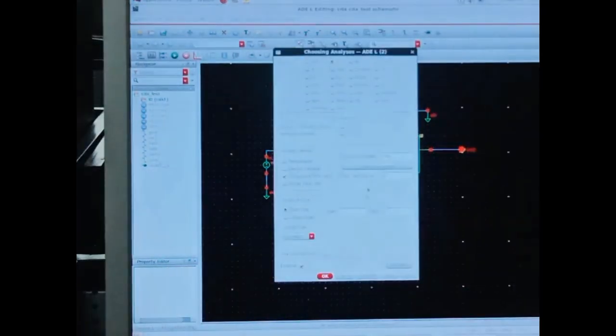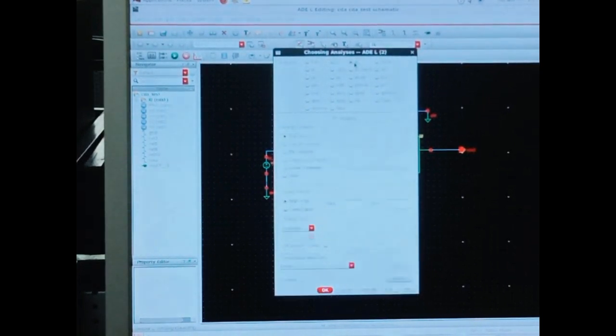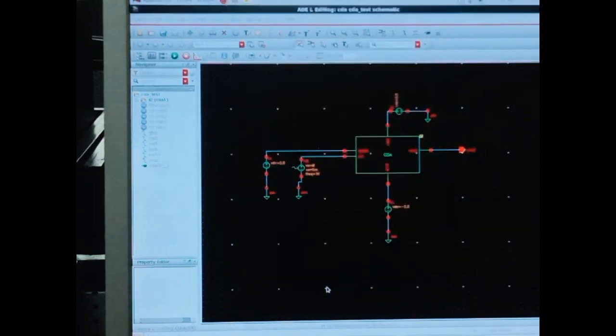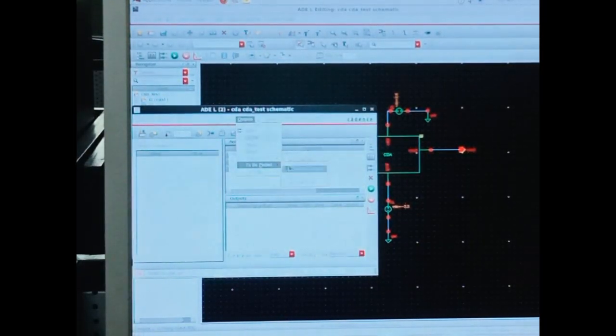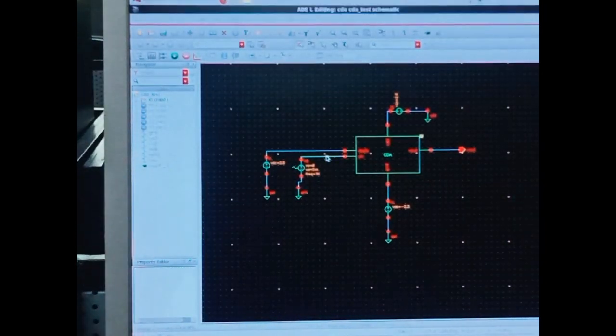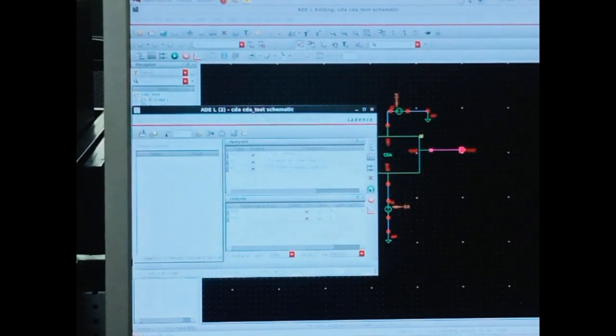OK, go back to that, give a sweep range of -5 to +5 volts. AC 150 to 100 mega. Apply. OK. Outputs to be plotted: select on design input line and output line. Netlist and run.